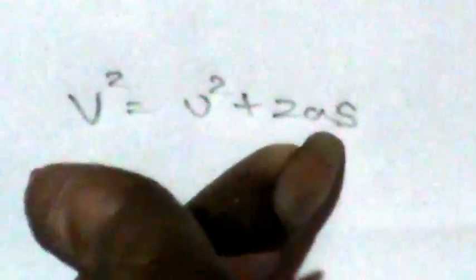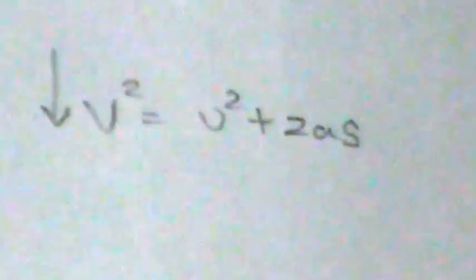The final velocity is in this direction, acceleration is in this direction, displacement is in this direction. So I will put v squared equals u squared plus 2as also in this direction, so that all will be positive. So we need v, so this is v squared actually. u is 0, so I will put 0. So v squared is equal to 2as because u is 0.